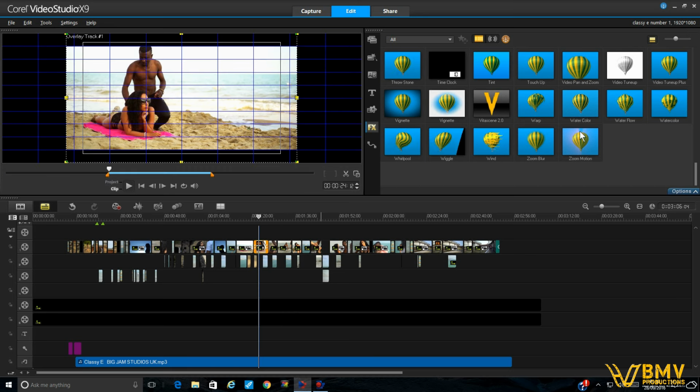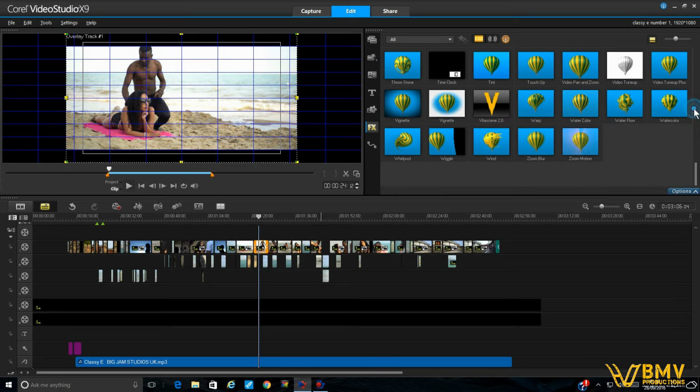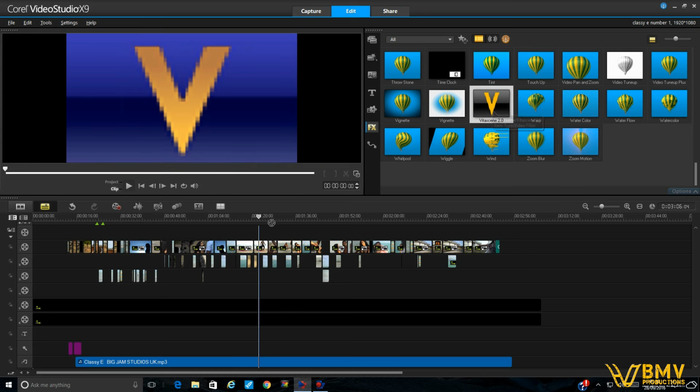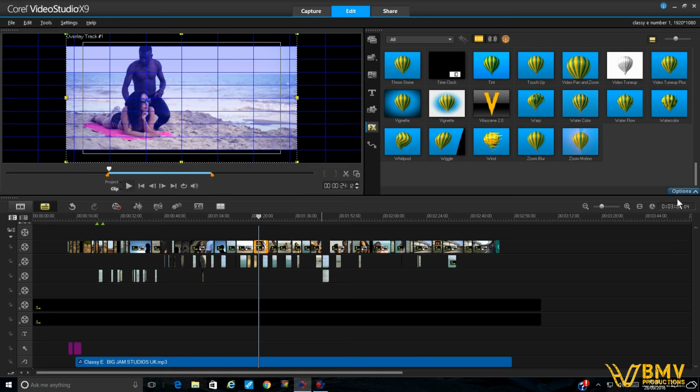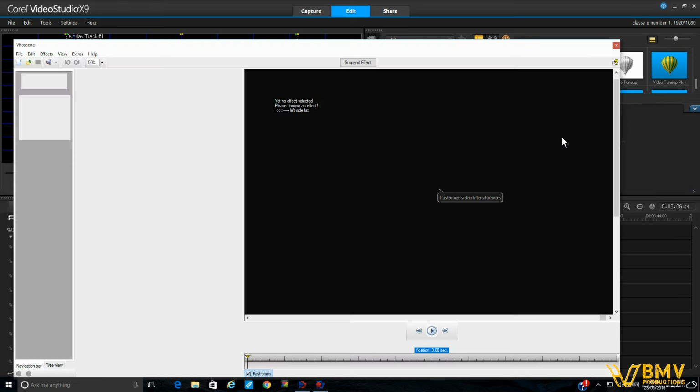So say, for example, I wanted to go in a different way. If I took the tint off and removed it, okay, you can see it's quite bland and desaturated now, and the colors aren't so defined. And if I just go into Vidacine, now Vidacine automatically puts a blue on it for some reason, I don't know why. If we go to options and then customize the filter,